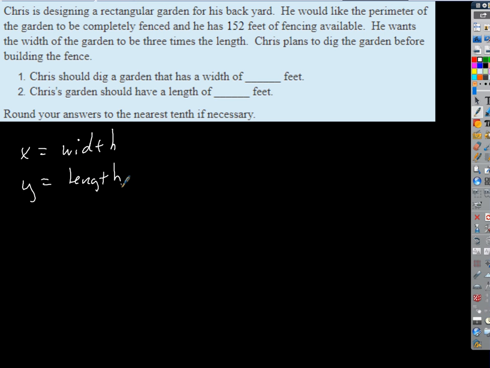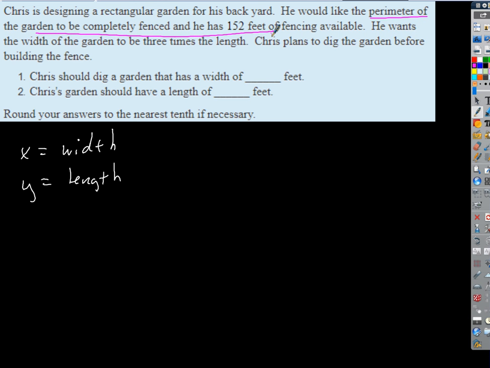Okay? And now we can start to build. We've got two unknowns that we have to find, and so we know we need at least two equations. We've got to find some information up here that we can convert from an English sentence into a math sentence. And a math sentence is just an equation, right? So let's look at this. We read through this. It said he'd like to have a perimeter of